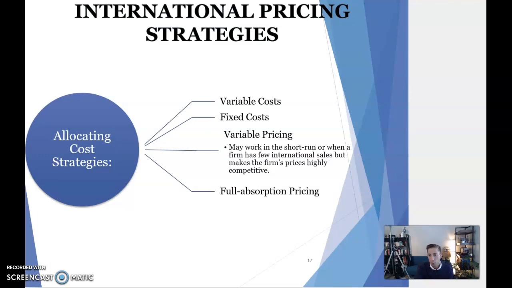So, for example, there are ways to allocate cost strategies. So you have variable costs, the costs that change based on production. Your fixed costs are always the same. The amount of workers you have is variable, but your overhead at the corporation stays the same. Prices for sourcing goods or raw goods for your product vary. So for example, you have to keep that in mind.